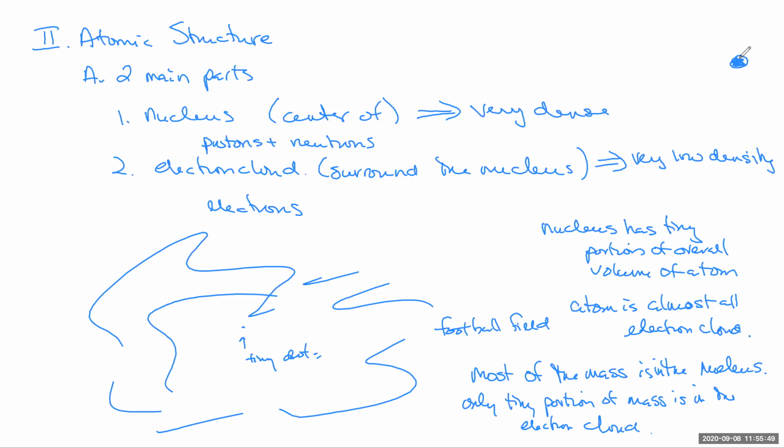So what I'm telling you is that most of the atom is this electron cloud, and this electron cloud has very little mass in it, has very low density. And so what's really true is most of the atom is empty space. And so a question would then arise, if most of an atom is empty space, how do we exist? How do solid things exist? How come it's just not all space?